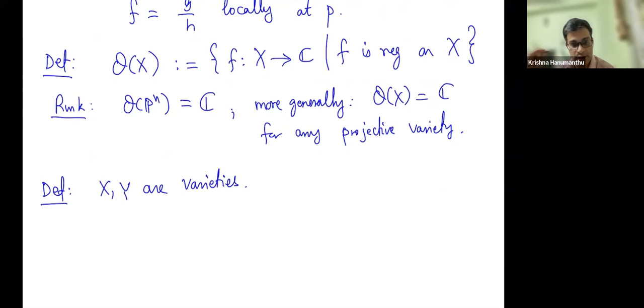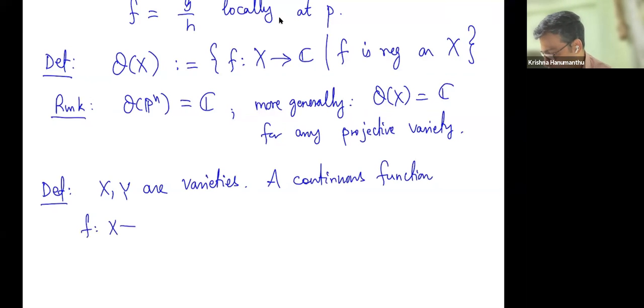You can think of them as this more general notion of variety. So they're either affine, projective, or quasi-affine or quasi-projective. A function, so let's say continuous function. Remember, they are topological spaces. So a continuous function makes sense. f from X to Y is a morphism of varieties